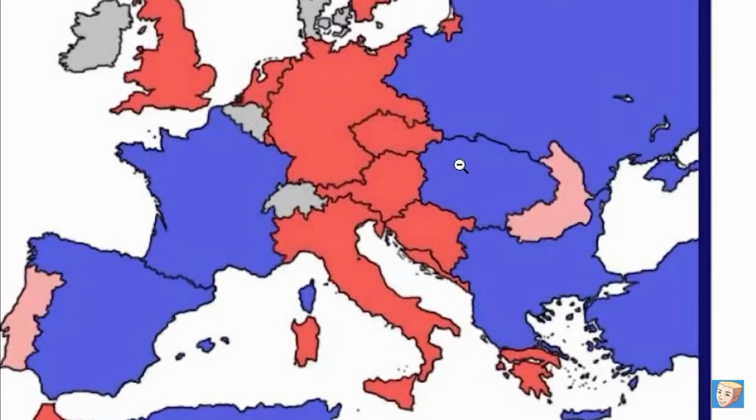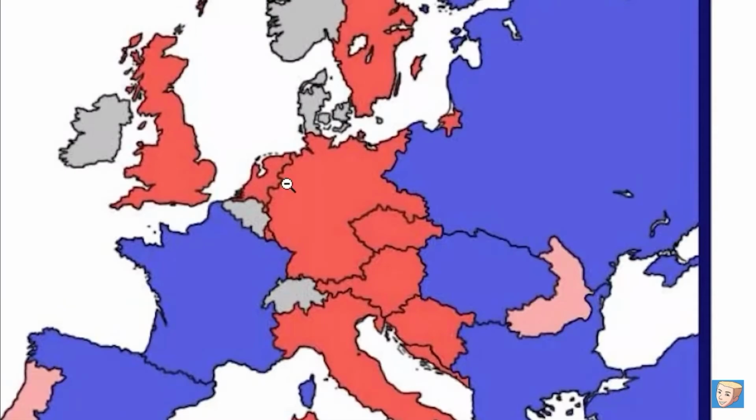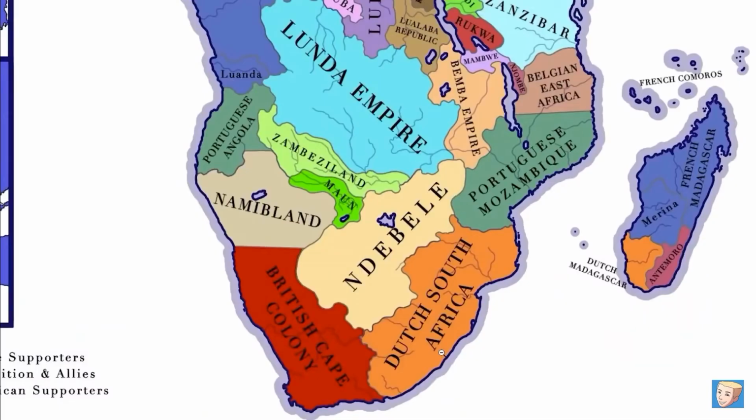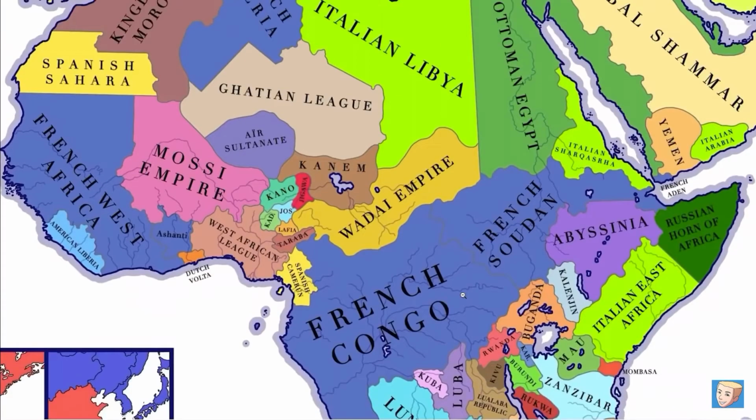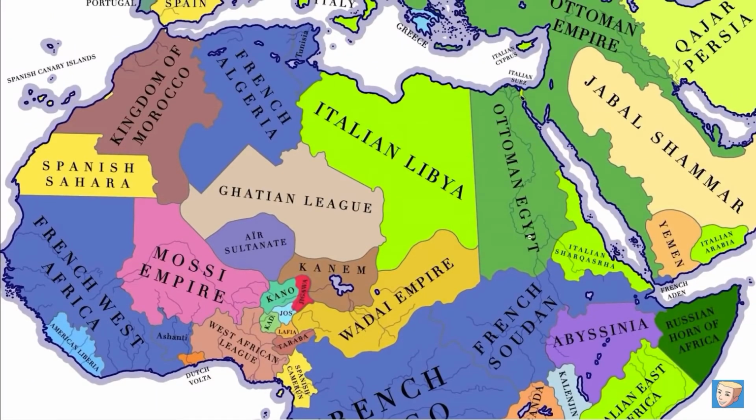Austria-Hungary has pretty much been dissolved, but now Italy joins the Central Powers as well as Sweden and the Dutch. The Dutch actually, wait, when did they get all this? Did the British give them that? I don't even know. Portuguese are slowly losing what they used to have. This French Congo looking huge. Also, the British no longer have Egypt. The Ottomans got that. Yeah, France is really taking over this continent.